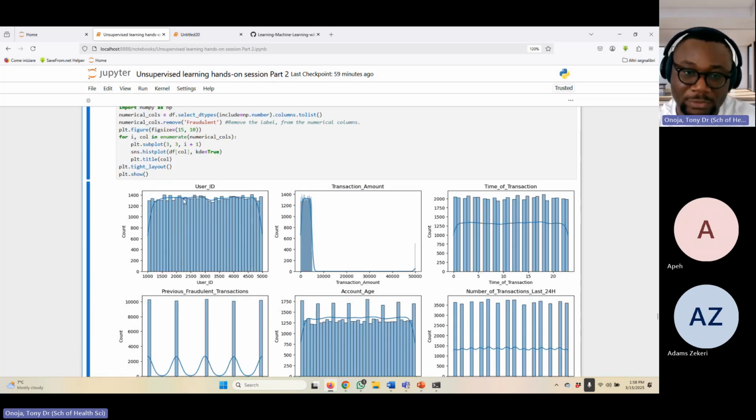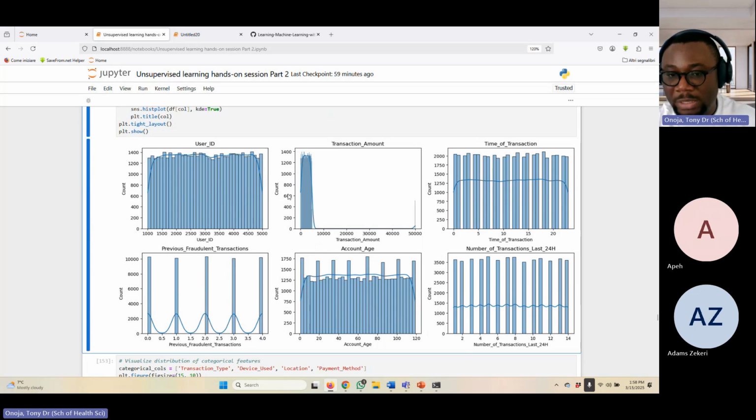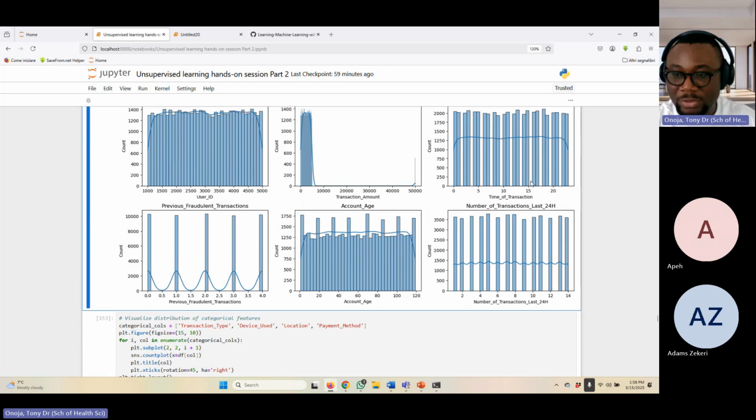You won't see any pattern, of course, because this could be a very unique number. But the transaction amounts, we do see that it was highly concentrated around this point, which means it was not really a big amount, although it's quite significant. But we could see some spike here, around 50,000, which is quite interesting. Then time of transaction, we also see it's kind of unique. We also could see the fraudulent transaction, and then account age, and then we could see number of transactions within